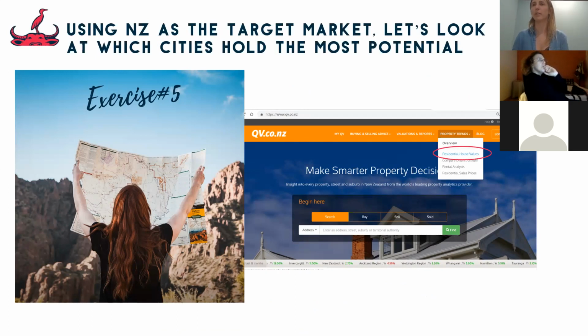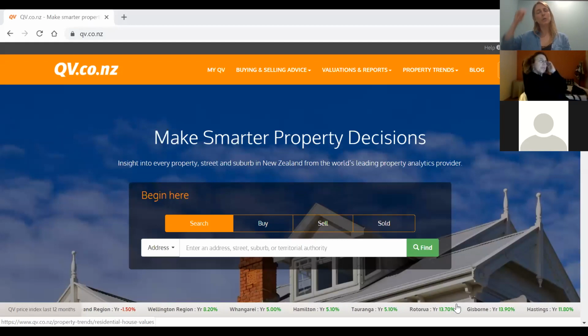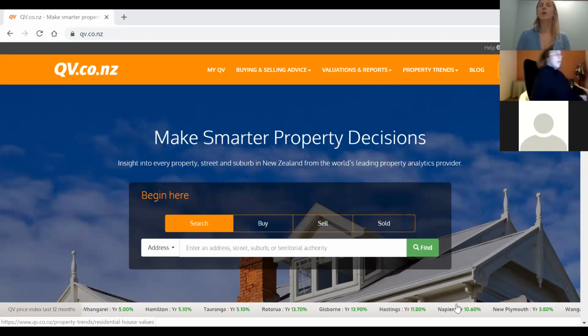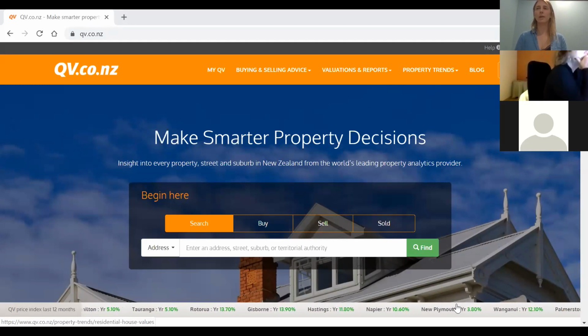So I'm going to stop sharing this screen, 1 second, and share. Okay, can you see my screen that I'm showing the website qb.co.nz? Yes. Cool. So how I go about it is you open Google and you start Googling words like